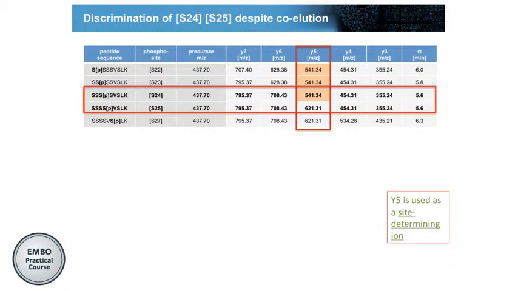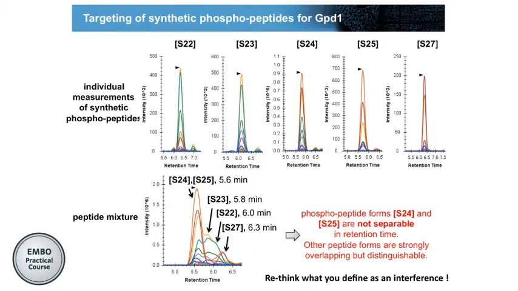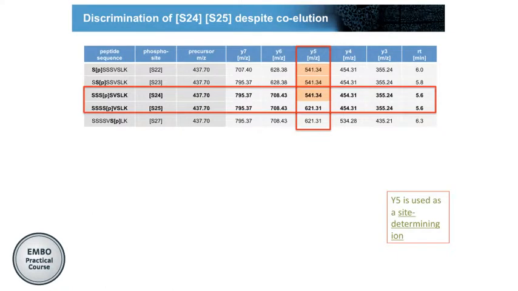Those were the two ones that, sorry, here we had the problem that we cannot separate 24 and 25, but when we look at these two phosphosites, the Y ion that would make the difference is the Y ion that has a different mass between the two, meaning including or not including the phosphorylation site. And then we can just have a look at this